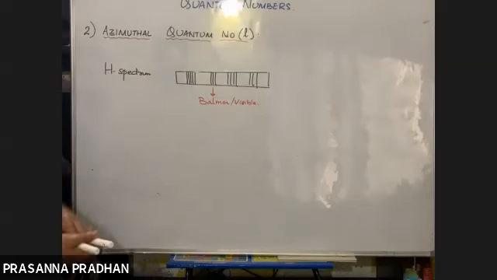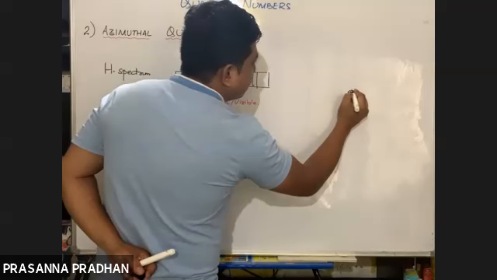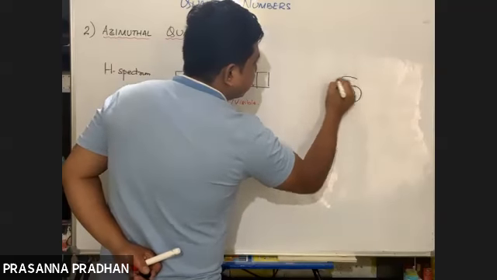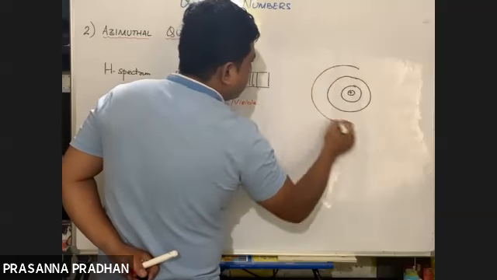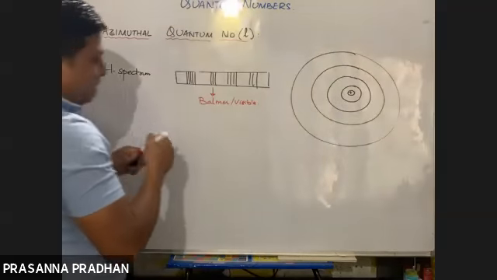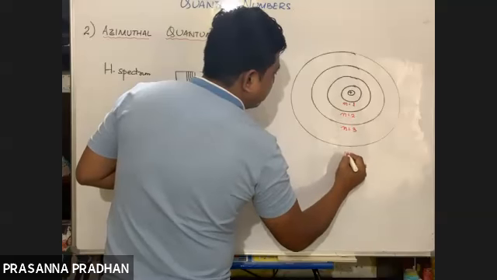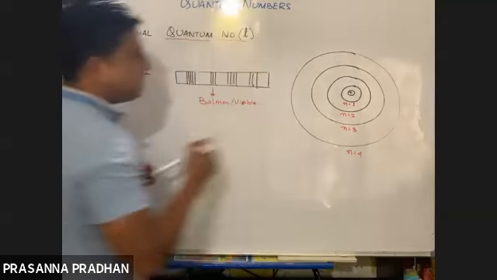So how did we explain the occurrence of lines in the Balmer series? Yes, we have dedicated an entire class to that. How did we explain the origin of lines? Again, the first energy level is n equals 1, n equals 2, n equals 3, n equals 4. So we said that